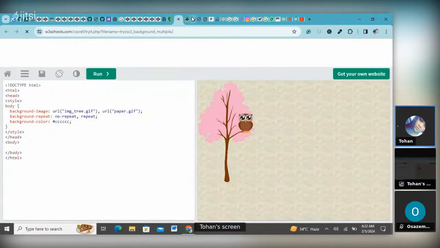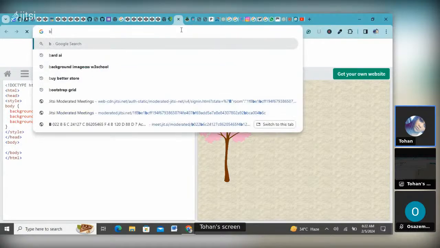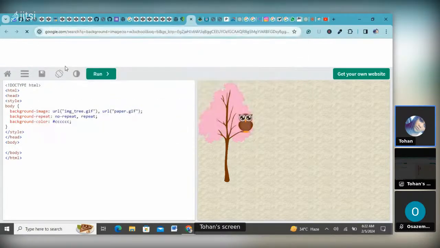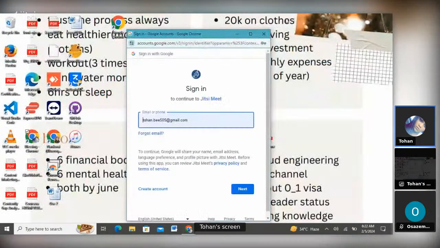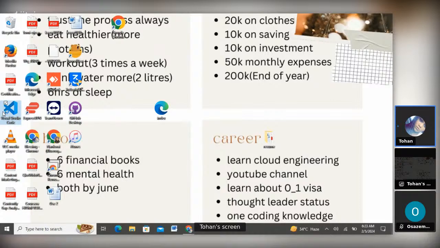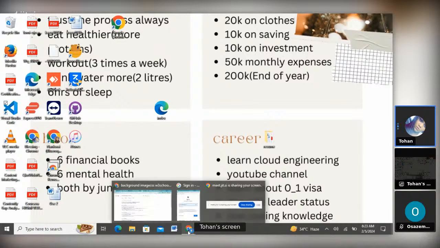Okay, so we're going to do background images that I wanted to do last week. I think it's better I use VS Code, because it's easier to understand. So the basic idea, before my VS Code comes up,